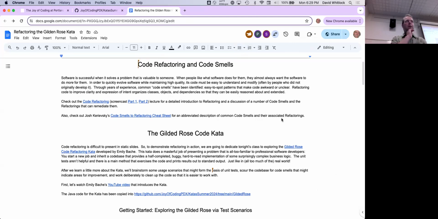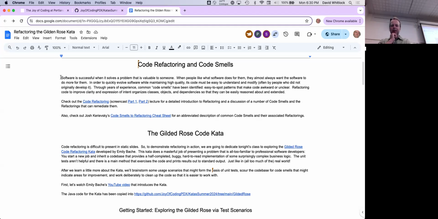You want code that can be changed and evolved, so it must be easy enough to understand, to reason about, and to work with, especially by people who didn't originally write it. And I think as you're starting to see in this course, working with other people's code takes skill, and there are skills that you need to develop in order to be able to work with it.